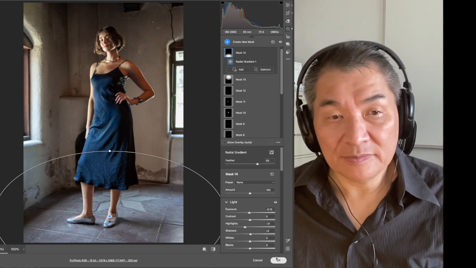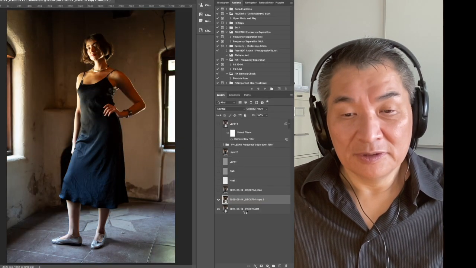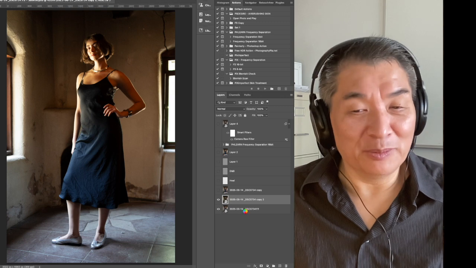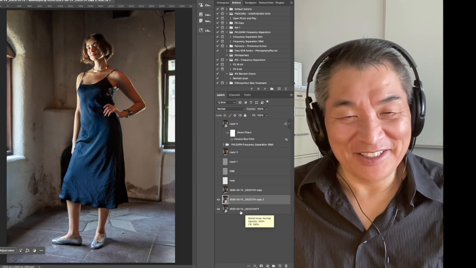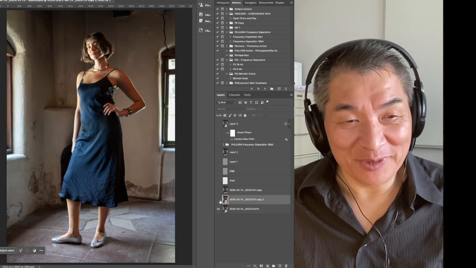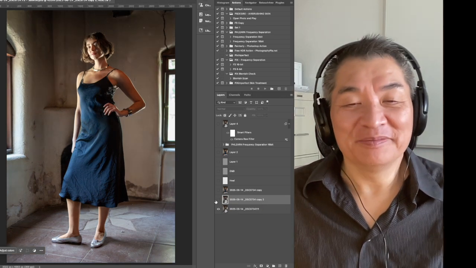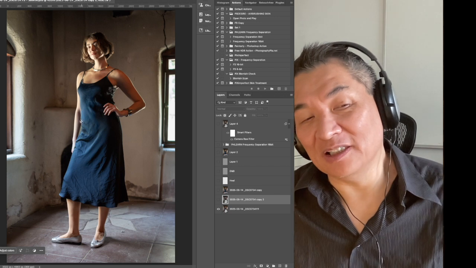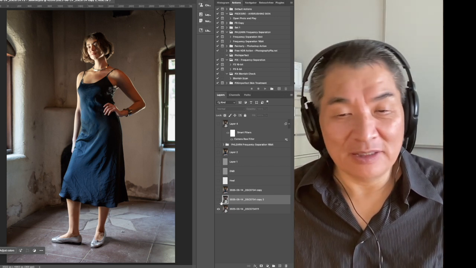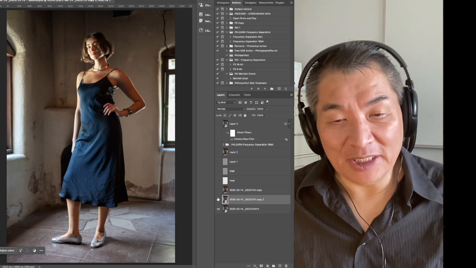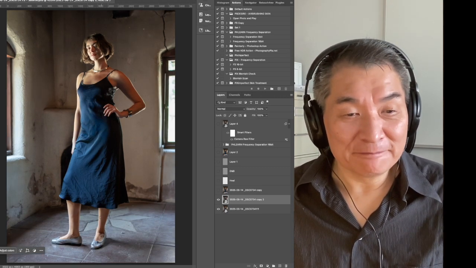Okay. So, in a minute, whenever the computer's ready, you'll see the difference. There you go. Let's compare it to what I did before. Close. See, I should have done that arm. That's okay, because I think after I do all the retouching, I still put a color grade on it. So that'll help with the arm. But, so now, if we look again,